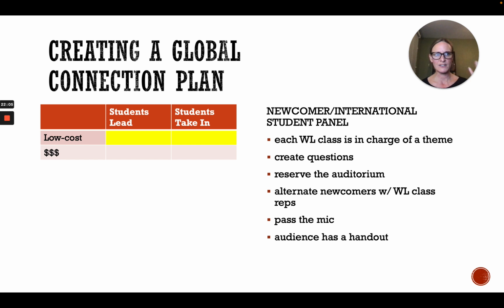And then you can turn that into a project when they're writing in the target language. There's a lot of different things you could do with it. But this is appropriate for world language classes, for history classes, for English classes. It's great to get all sorts of classes into the auditorium, listening to the newcomers and international students. And it's pretty special for them because they really get a chance to shine while practicing their English. And they meet people. And so the topics can be really surface level, and I think that's okay. And that tends to be a really good start for English language learners.